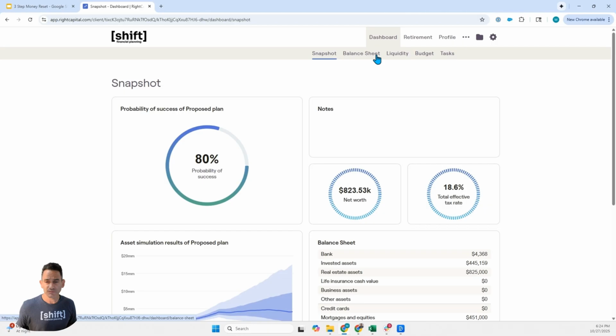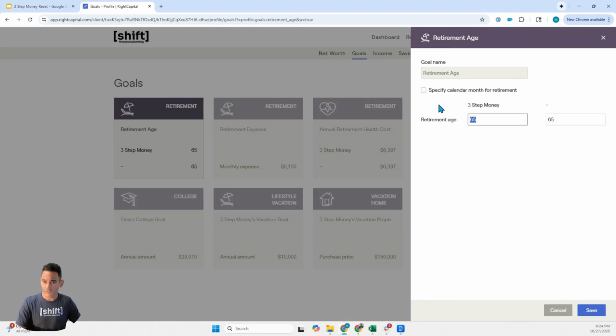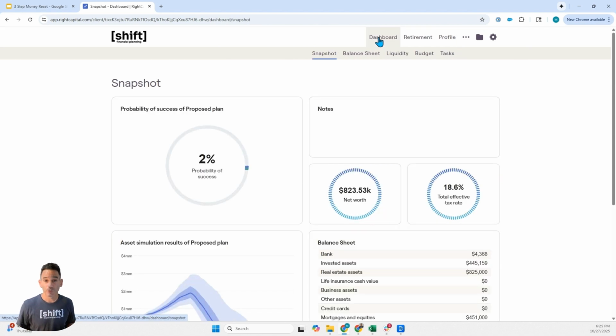A couple more ideas. Let's say you want to retire early, shut it down at 55. You go to profile, you hit goals, and you change your retirement age from 65 to 55. Then you save it, go back to the dashboard, and you now have a 2% probability of success. Maybe if you want to get to 55, you have to earn more, you have to save more, you have to spend less. Gives you some food for thought on what it looks like to shoot for early retirement. Last thing I'll mention is,